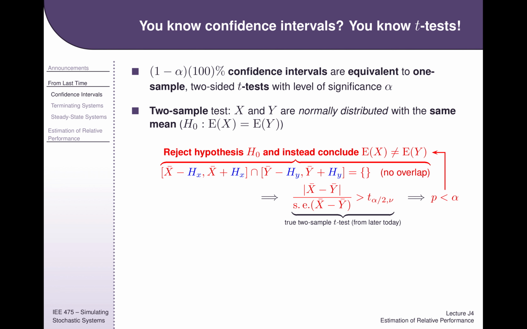So in a two-sample t-test, we assume that x and y are normally distributed, and in the null hypothesis, we are assuming that the mean of x is the same as the mean of y, and we are evaluating whether that is actually true in the t-test. And so do we reject the null and assume that they actually have different means?